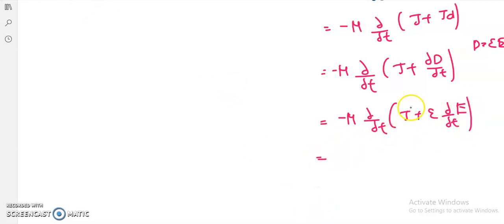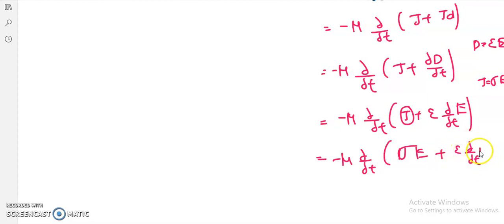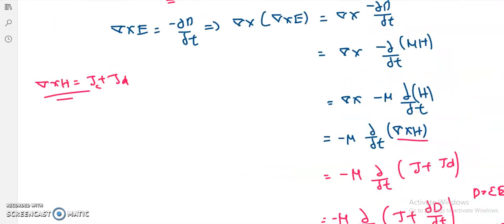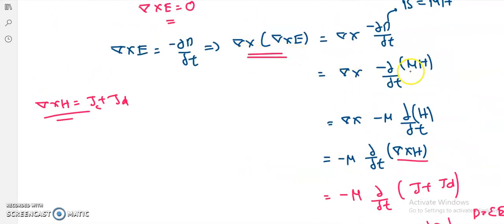And now, coming to the conventional current density, the formula is J is equal to sigma into capital E. If I substitute that one also, then finally we will get sigma into capital E plus epsilon dou by dou T of E. Okay, so it is del cross del cross E, right? It is the expression we took. And as per the formula of the del cross del cross X, it becomes is equal to minus del square X.